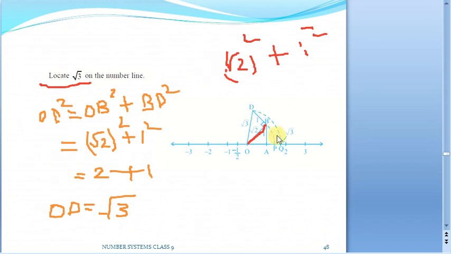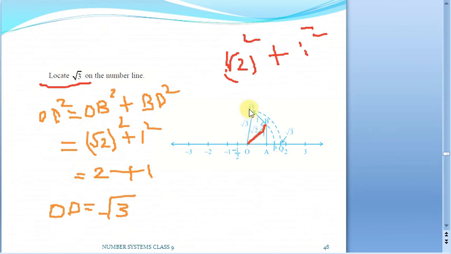That means after getting this root 2, now you will take this B as our reference and drop one more unit perpendicular to it. Now we shall make it into one more right angle triangle. So this is root 2 units already. Using our protractor, we will keep 90 degrees and take one more unit like this. Now this is 1 and this is root 2. We will join OD.